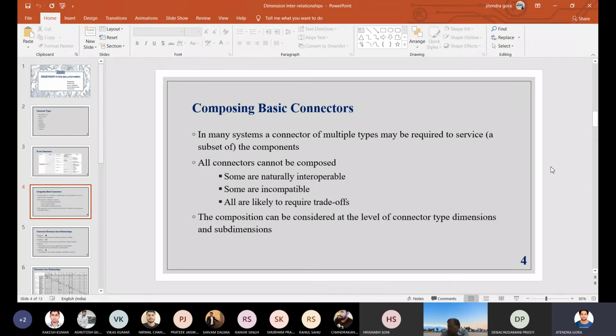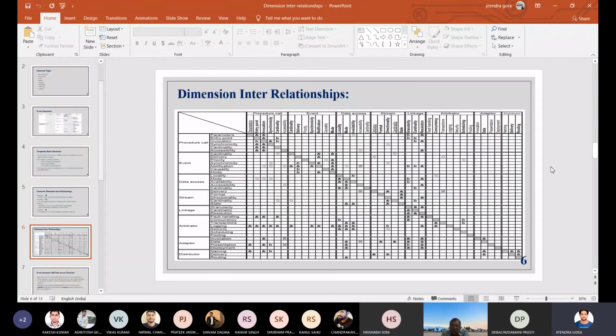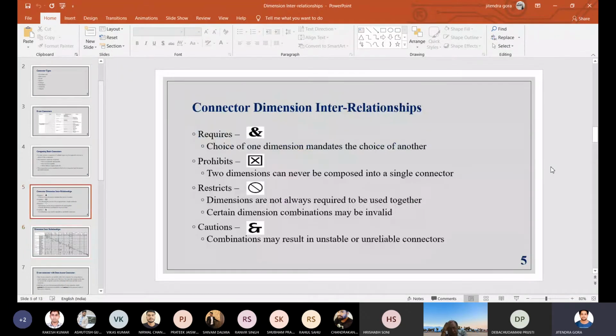In order to get the composite connector, we'll be discussing these relationships between all the simple type connectors. To understand that, we'll require some characters for representation, like requires, prohibits, restricts, cautions. Rishabh has already told us.